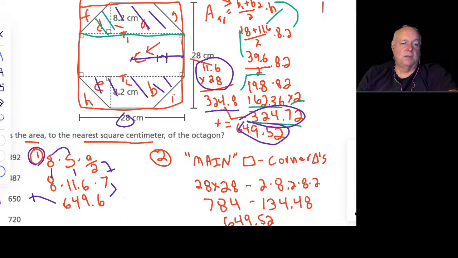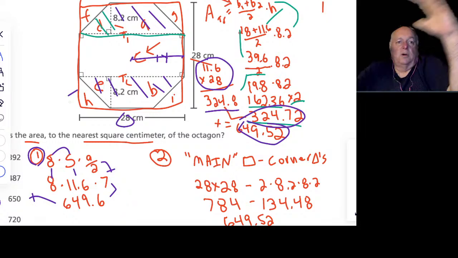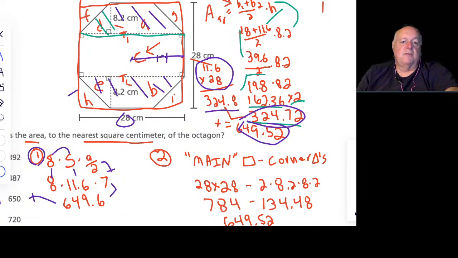Okay, there's another conceptual way to solve this, which is if you take this square I drew here in the orange, right? I drew an outer square around here, including all the shapes. If we get the area of that whole square, that's 28 by 28. That's 784 then. And then if we subtract off the triangles, let me change the color of that. That's green. If we now take off each of these green triangles,